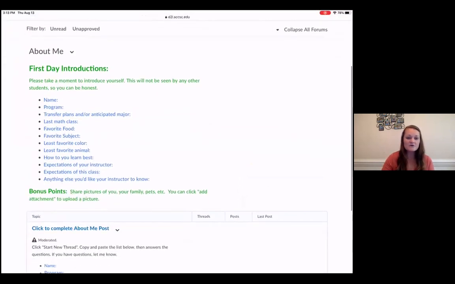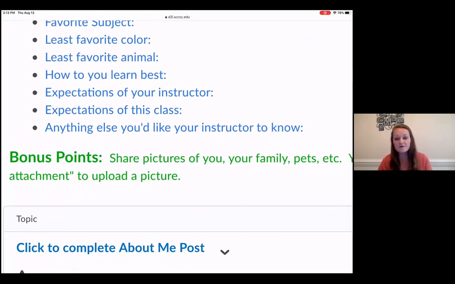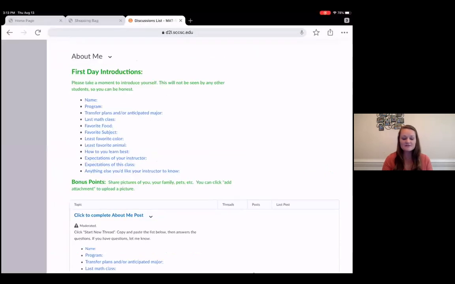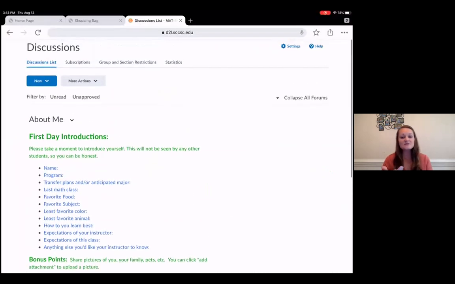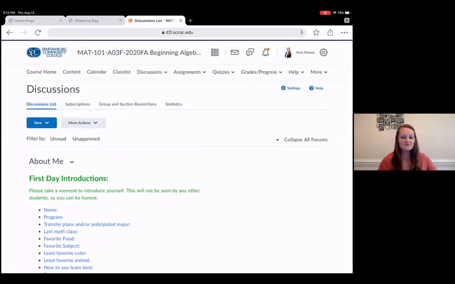This discussion board is actually for a grade, but you can see right there, there's some bonus points. This should be a very, very easy grade and some very easy bonus points. So there is your first assignment, and you'll see the due dates for your specific class reflected in D2L. So get in, click on the discussion board, get some easy credit.